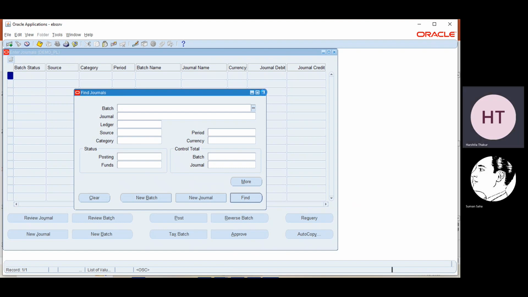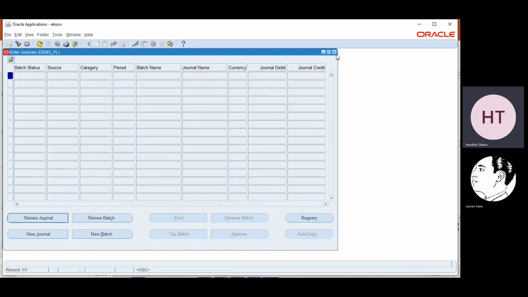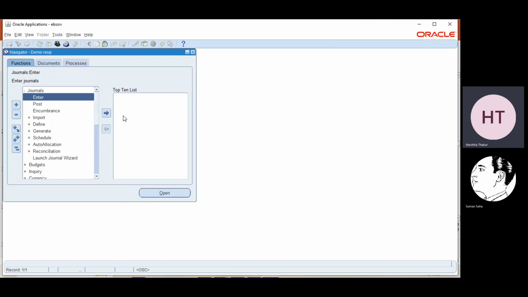First, before going to journal, the very important thing which I forgot here, we need to go to our ledger. And in ledger, we need to specify our criteria. In our session, I have not covered right now how you can create a primary ledger. I will cover it very soon after some of the topics. I will cover how you can create a primary ledger too. For now, I'm using the already created primary ledger for showing how you can specify there your general criteria rule